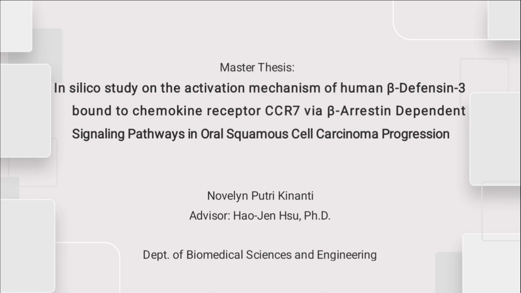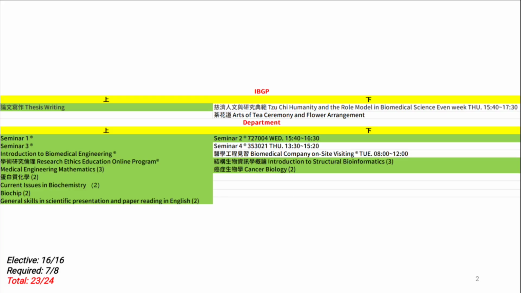And for my master thesis, we'll be focusing on the in silico study of the activation mechanism of human beta defensin 3 bound to chemokine receptor CCR7 via the beta-arrestin dependent signaling pathway, specifically in oral squamous cell carcinoma progression. So before I go deeper into my research project, I would like to give an update on my